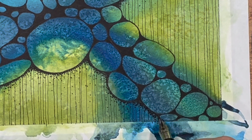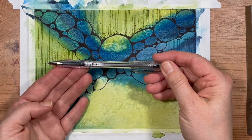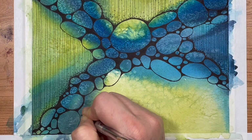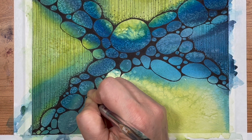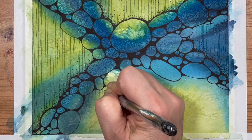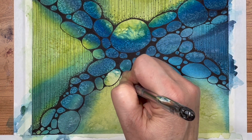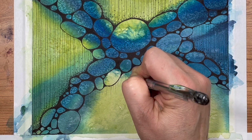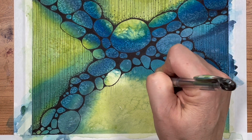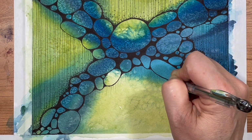For the vertical lines that I had added underneath my stippling that I didn't get to film, I used my Sharpie Roller. It's got a 0.5 tip, and I really like it. It's a pen I discovered when I couldn't find another 0.25 tip pen to purchase. But the pen I'm using right now is that extra fine tip 0.25 pen, and I thought it'd be interesting to include not only vertical lines created with the 0.5 tip, but then to use an extra fine tip to create the lines I'm doing right now. I think it adds a little bit of interest also, because the lines, being finer, are a little bit more subtle,